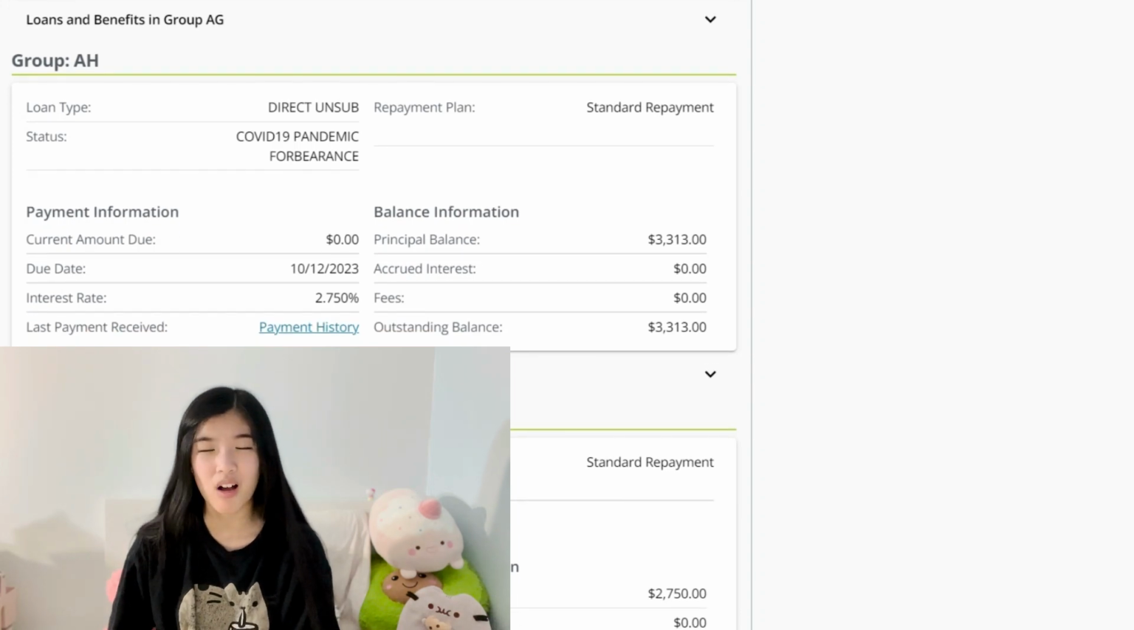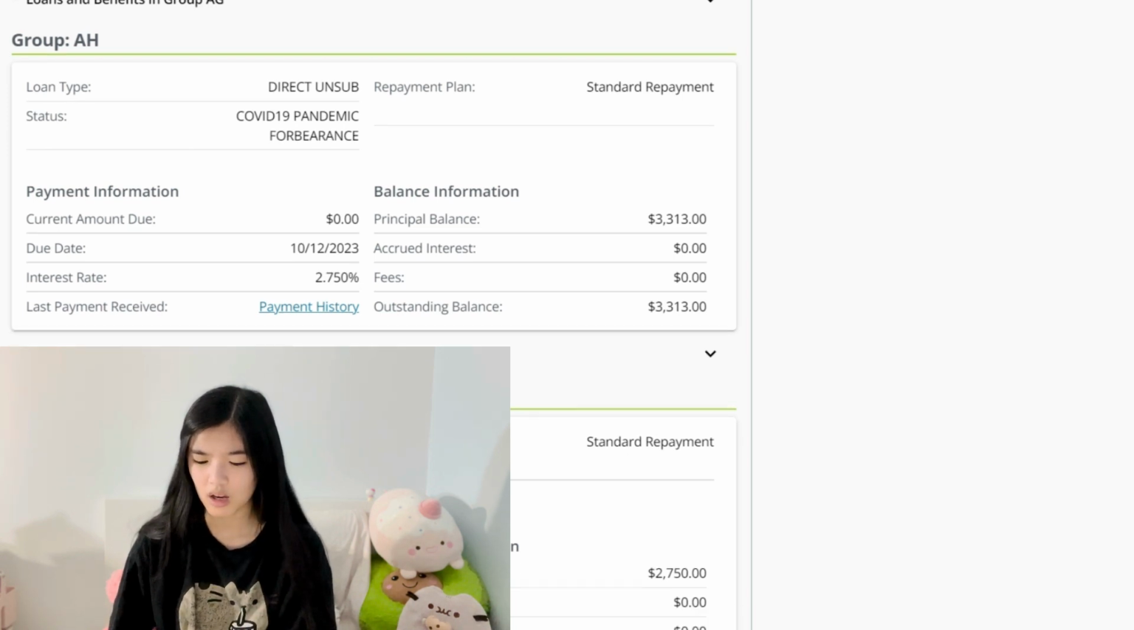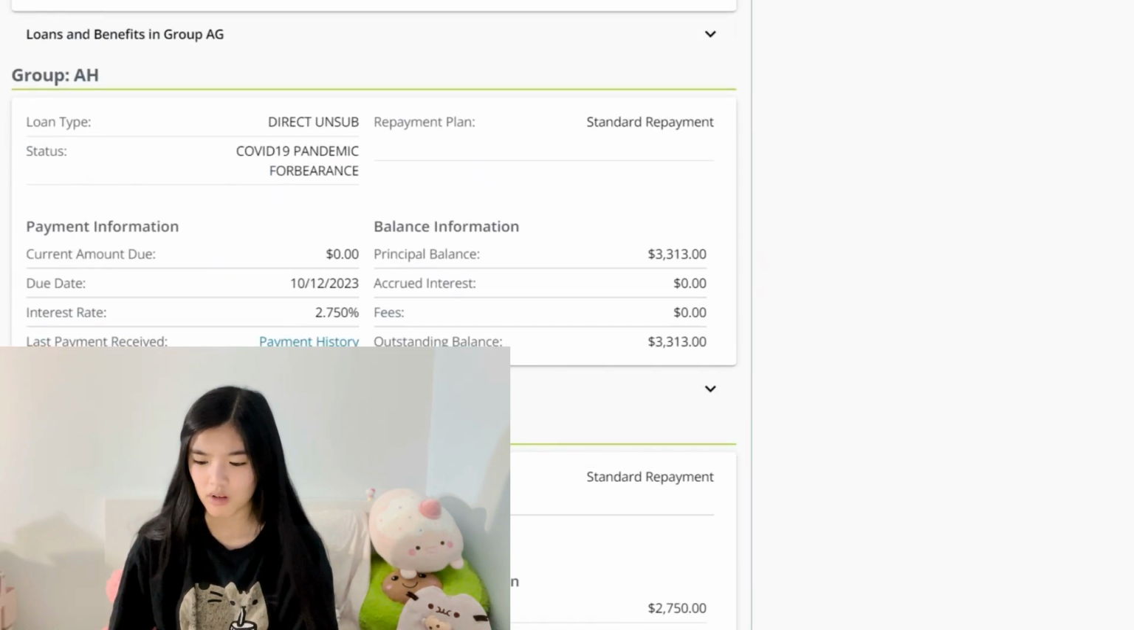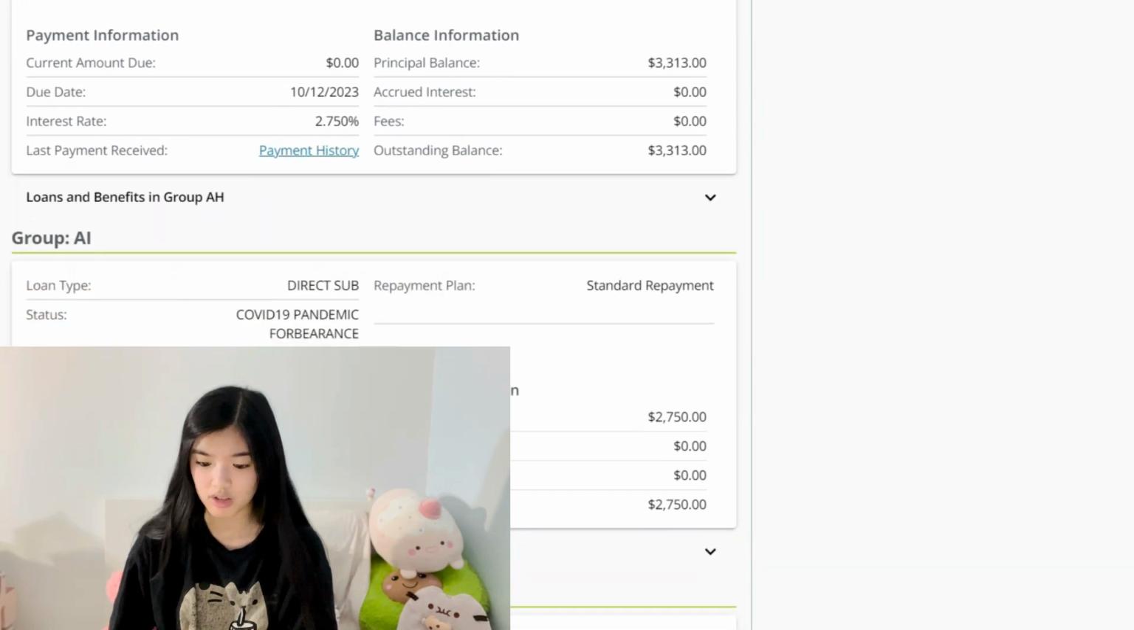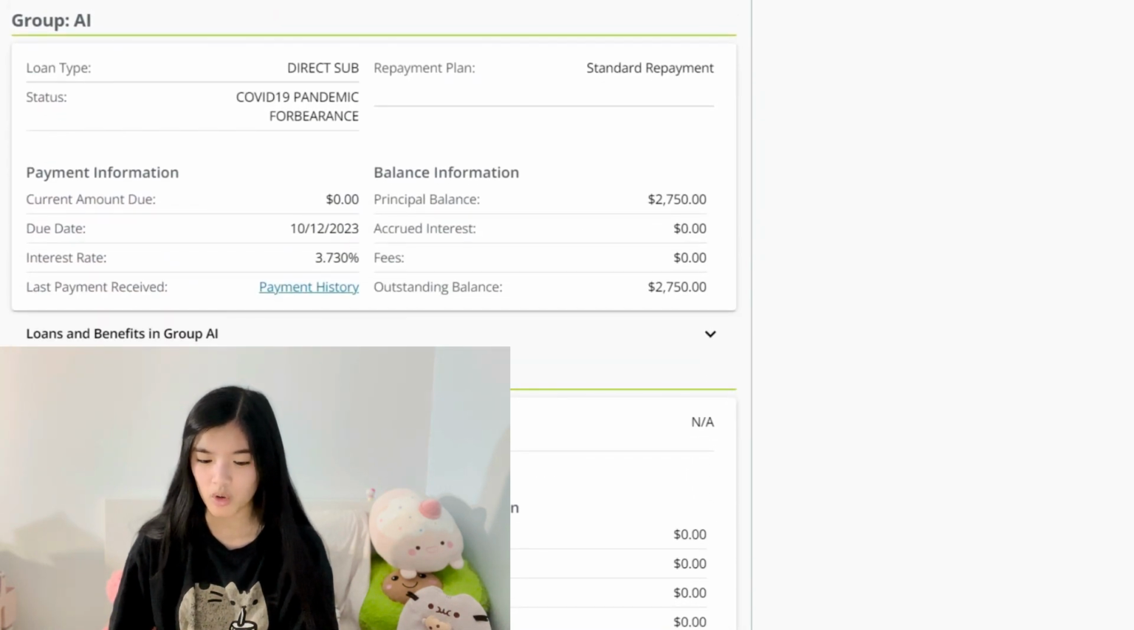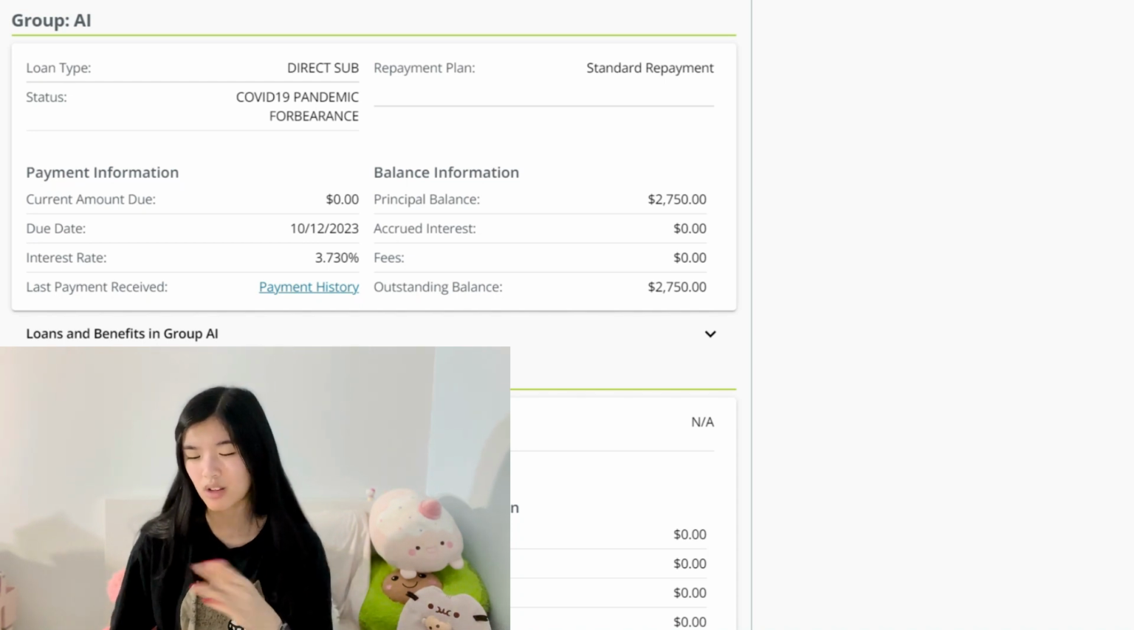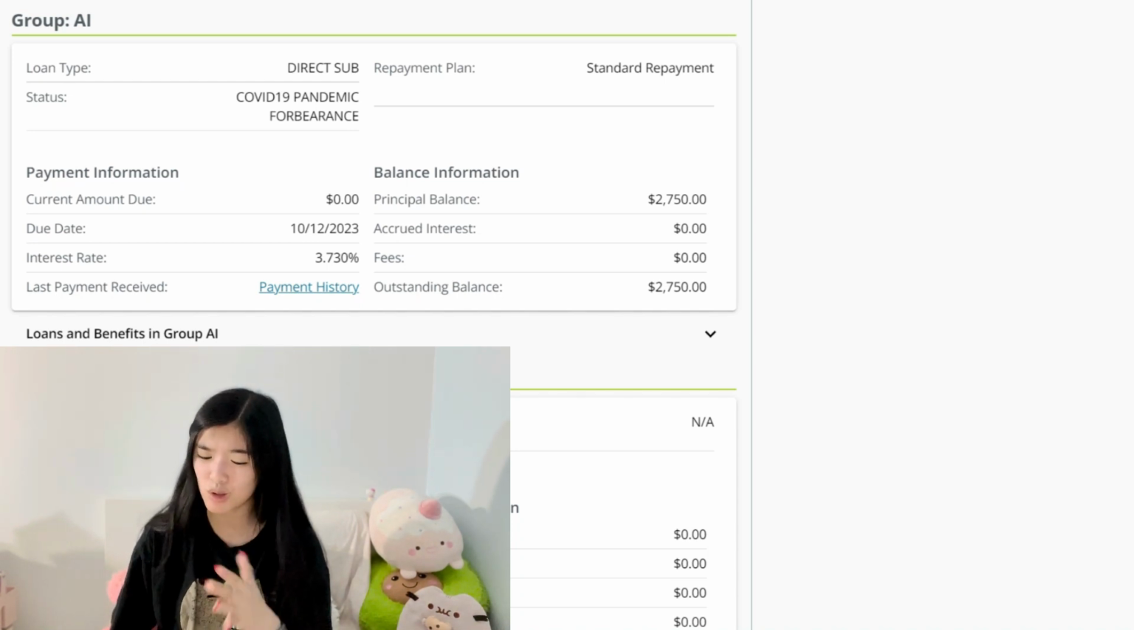I don't plan on paying off any of my student loans that have the lower 2 point whatever percentage. 3, I think I'm going to keep as well. So then I have another one, $3,313 at 2.75. Group A, I have $2,750 at 3.73%. I'm thinking this 3% one I'm thinking about keeping because I feel it's low enough